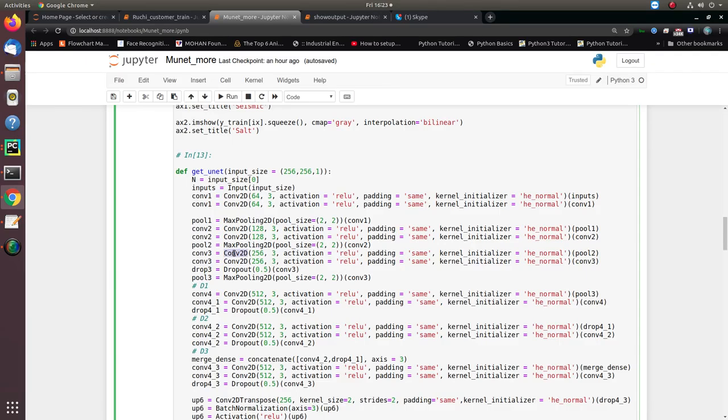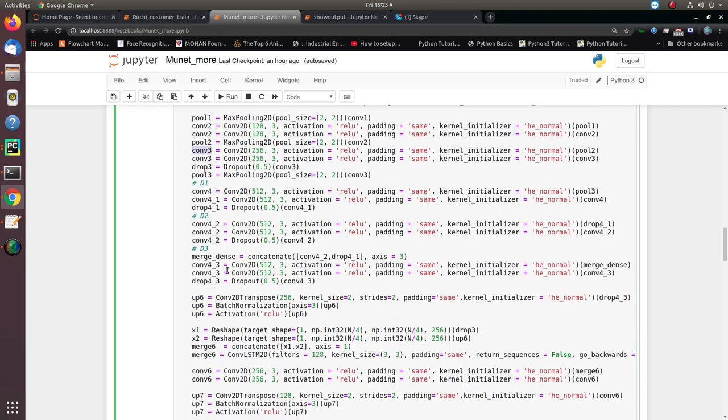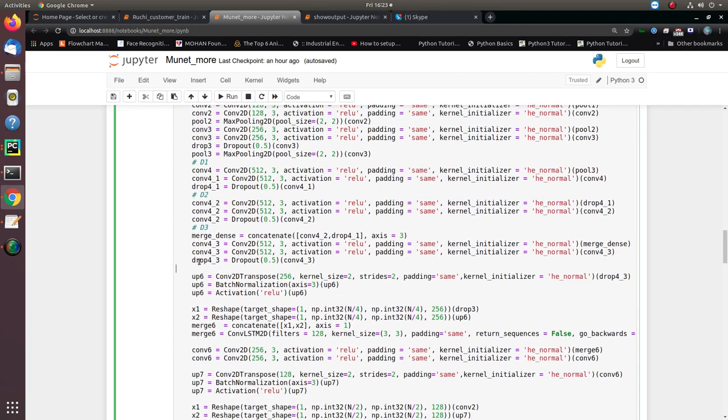Next we move toward the third convolutional layer, and dropout is used to avoid overfitting of the model. Moving toward the max pooling, it selects the most useful pixel features from the input of the third convolutional block.